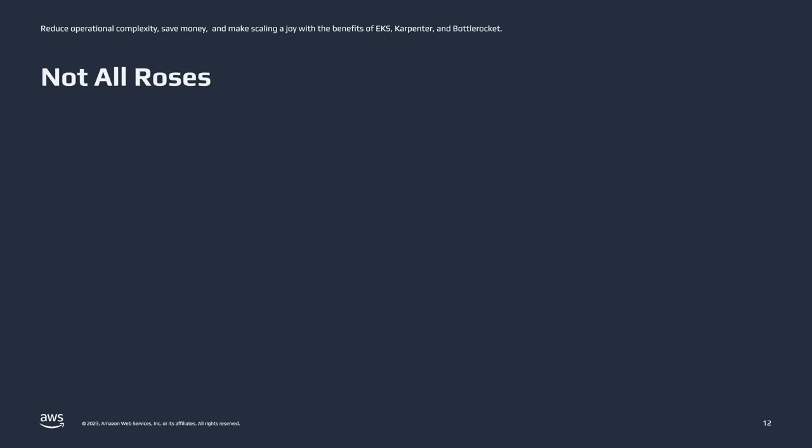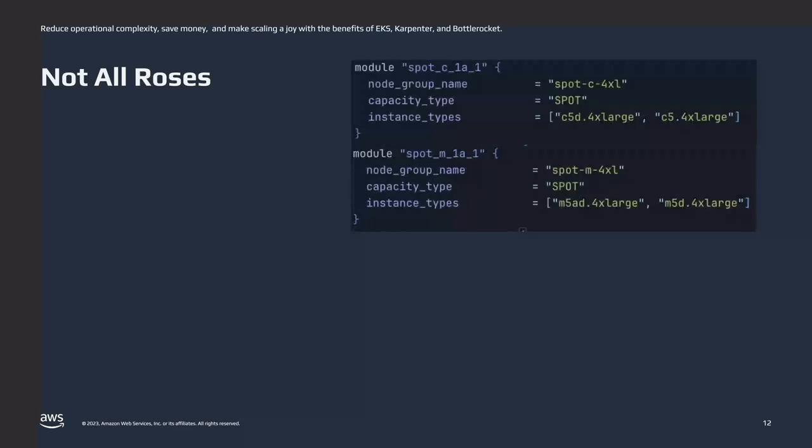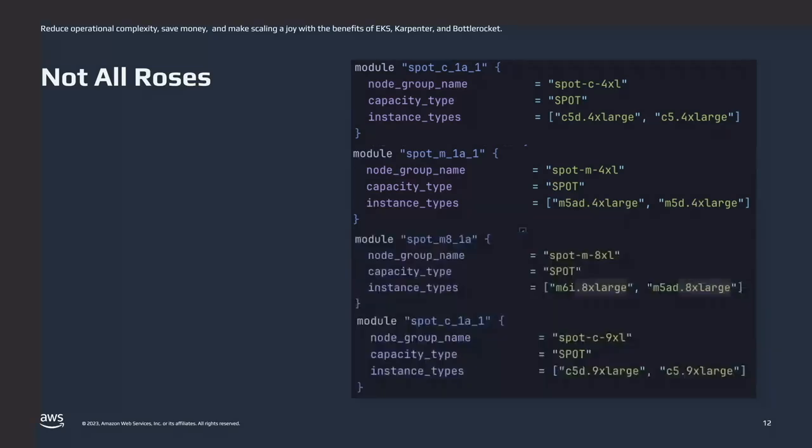So for example, say we want both compute optimized and general purpose instance types available. That would require one node group for C-type 4XL instances, and then a separate node group for M-type 4XLs. And if we also want to mix in 8XLs, then you're looking at 2 more node groups. And then we also needed node groups for both on-demand and spot capacity types. So this gets really messy and verbose quickly. We were managing 14 different node groups just on one of the clusters, and those all need to be updated